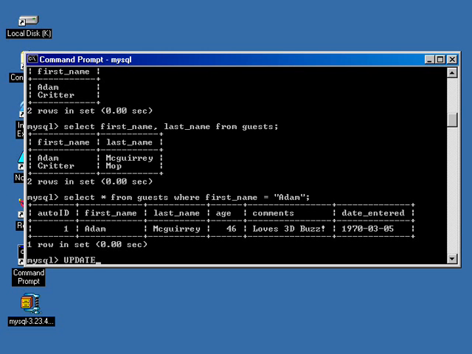So I can say update. Now I need to say the table name, which would be guests. I'm going to say set. Now I want to set the last name equal to, instead of McGuire, let's throw this in quotes, MC, capital G? G, yes, capital G. G-U-I-R-E. McGuire. Okay. Now, if I hit enter right now, with a terminator on the end, of course,